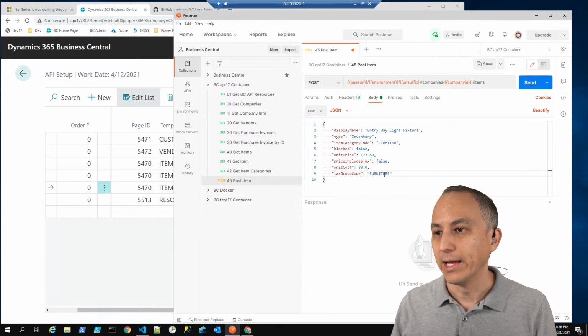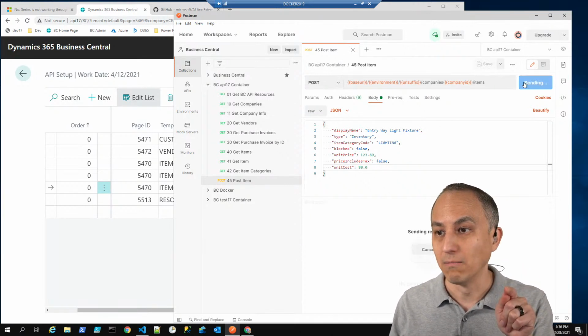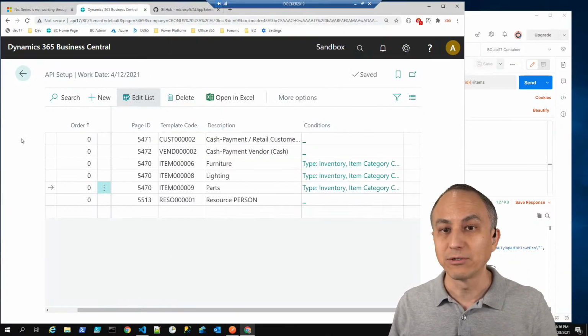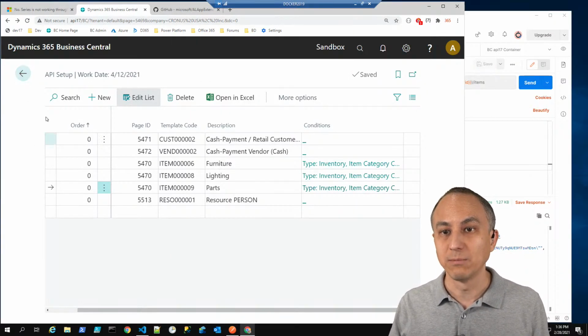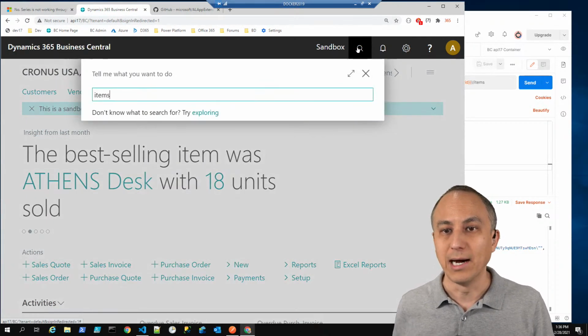Okay, and I don't want to confuse things. Let me remove the tax group code. Okay, so now I'm going to submit this to the Business Central API. Okay, excellent. We have a new entryway light fixture. So let's go over to Business Central, and I'm going to go into my items,